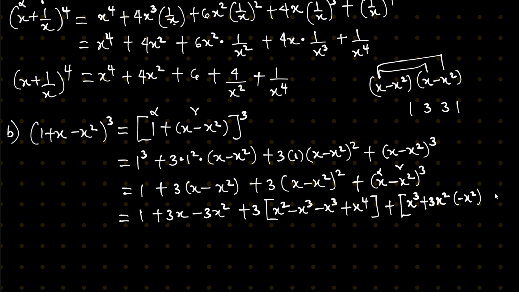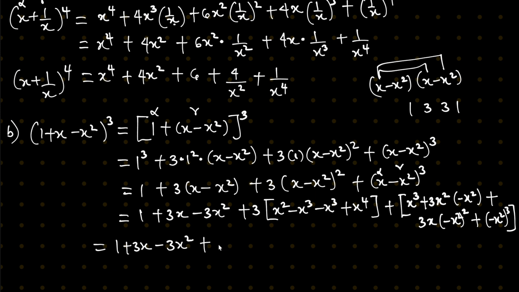Okay, now going on, we have plus 3. Alpha goes down to 1 now, and gamma increases by a power of 2, all squared rather, and then this becomes minus x squared all to the power of 3. Then I close that. Now this equals 1 plus 3x minus 3x squared